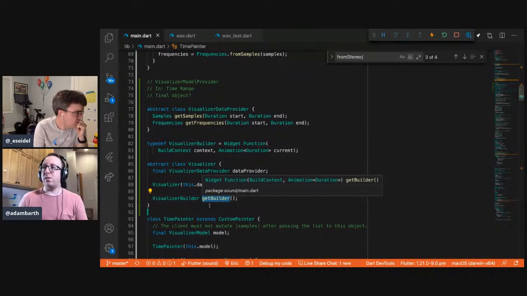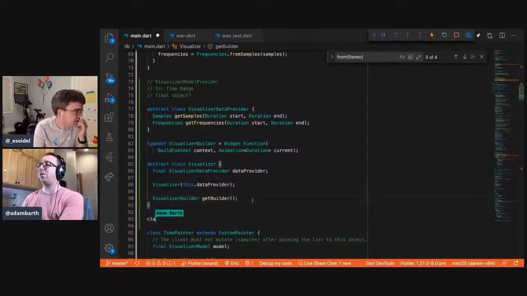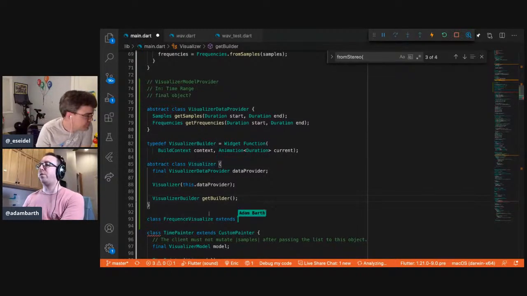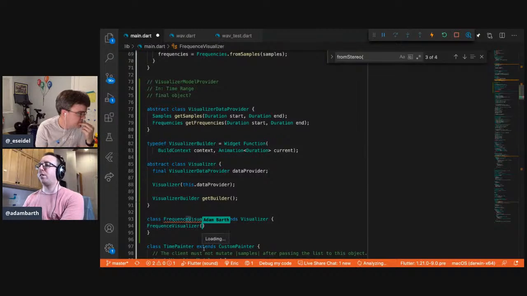Get builder. Should we just try it? Yeah, let's just try it. Who did the frequency visualizer? This one. Send visualizer. Okay. Do you mean this to be frequency? I see. Yeah, you should just fix it to be actually correct.